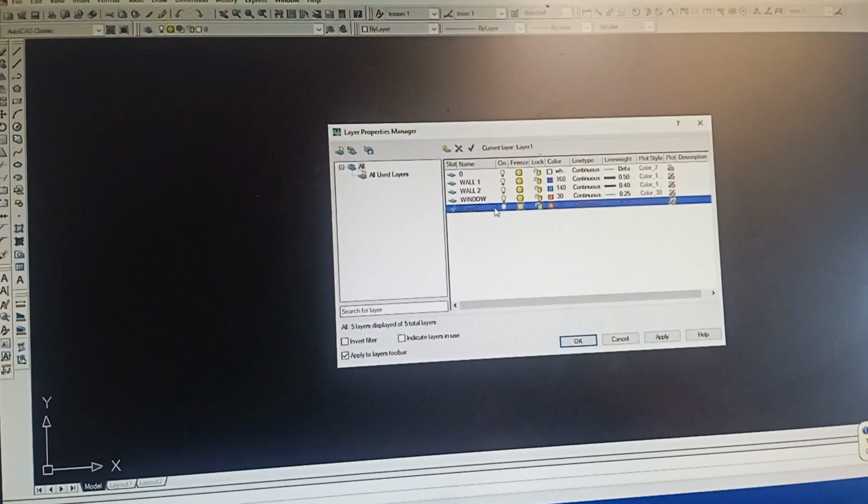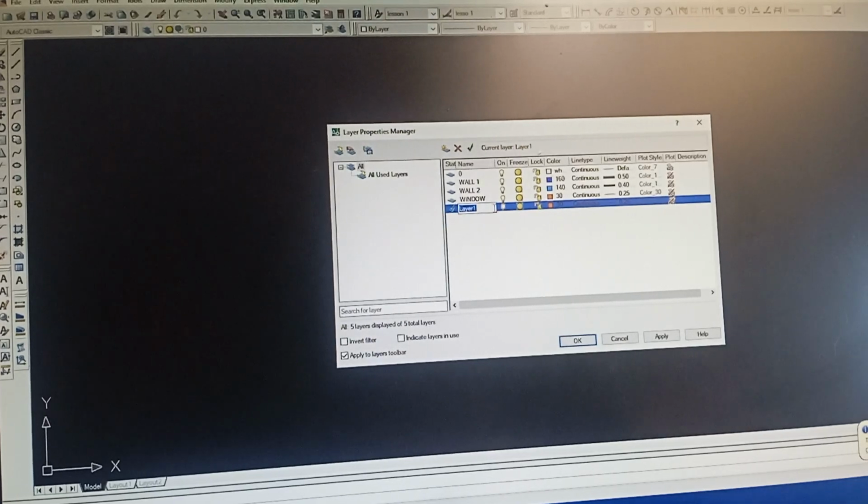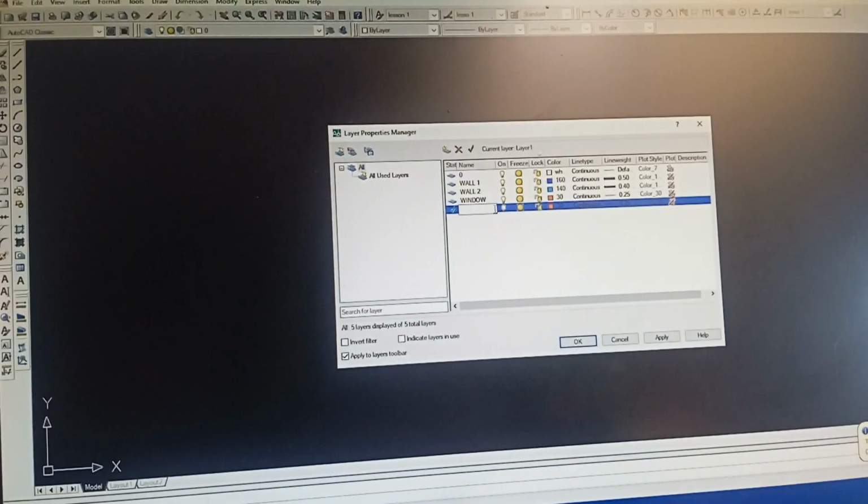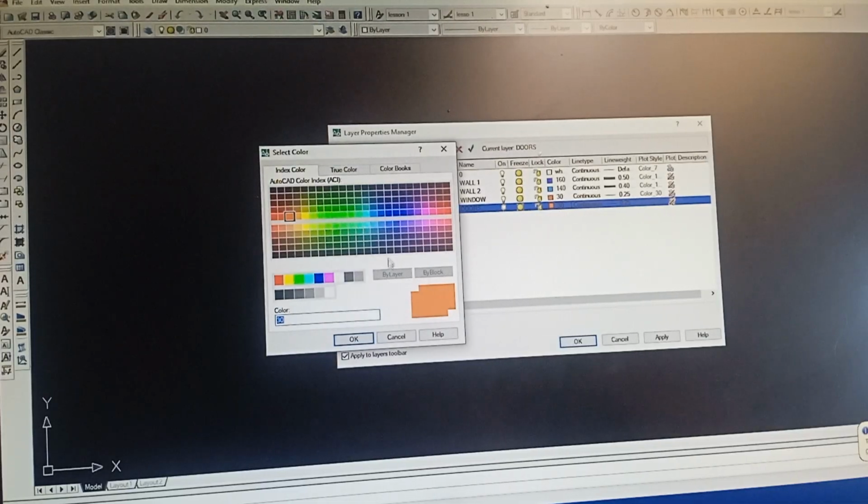So what do we put here now? Let's say doors. Our doors. What should be the color of our doors? Let's say the color of our door is